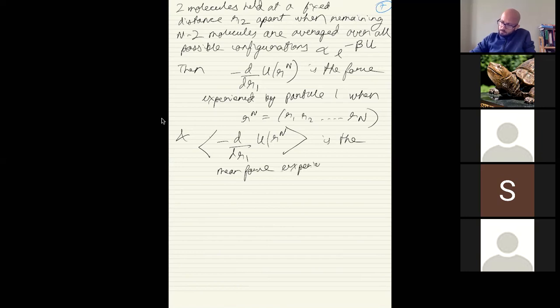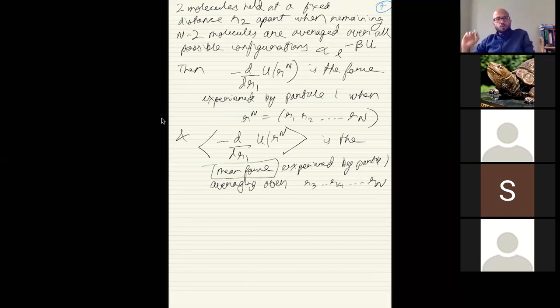experienced by particle 1. Mean in what sense? Averaging over R3, R4, ..., Rn, all of them. Similarly, you can write down minus d by dr2. That will be the mean force experienced by particle number 2. And what we are going to show in the next class is that this mean force,